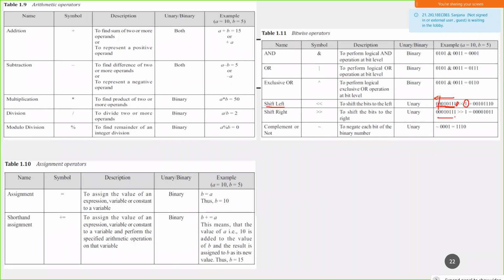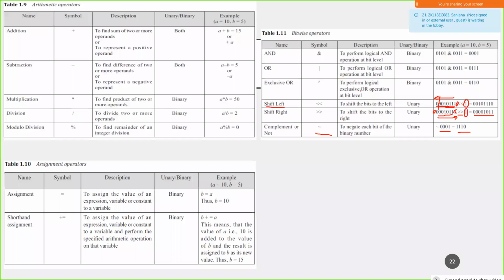Now similarly, if I rotate this towards the right, this is shifting right by 1 bit. So what happens is this bit goes off. You'll be left with, from this end, 1 1 0 1 0 0 0, and 1 bit has gone out. This should be still 8 bits, so this will be 0. So this is the result. And last one, the complementing part. So in this one, all the bits will be complemented. 0 will be 1 and 1 will be 0. So that is what is represented over here.